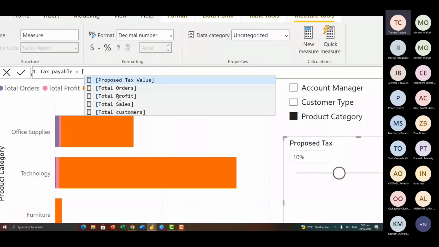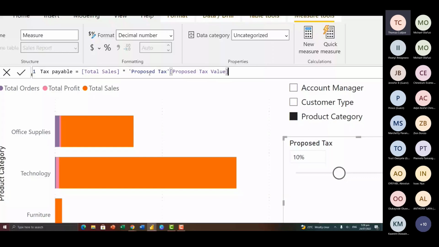Here you see that we have the total sales measure. I'm going to multiply this by the tax, which is the proposed tax measure, the selected value. This is going to pick the tax that we select from the slicer and apply it on the total sales. So I'm going to hit enter.